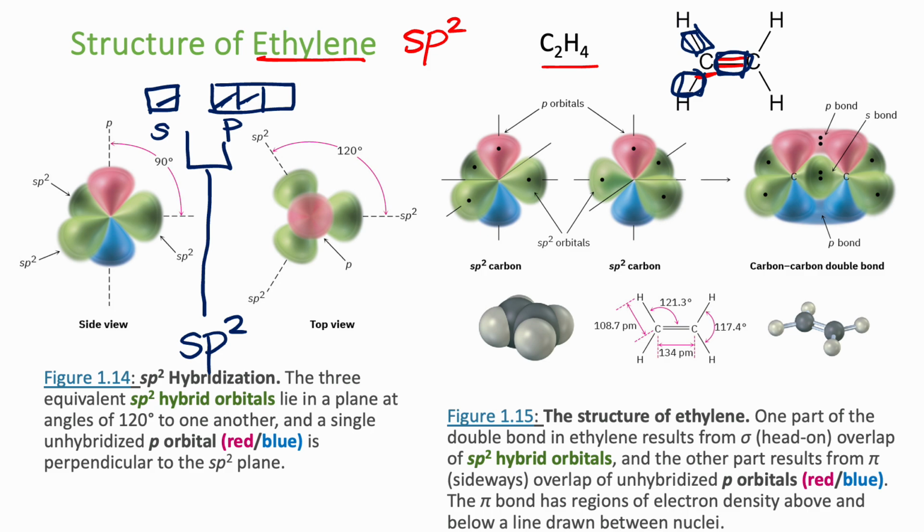Now, these angles are different, right? They're not the same as the sp3. If we're looking at one of these 2 central carbons, we have a 120 degree angle between these atoms. And let me erase some of this for clarity. So if we are looking at this carbon right here, this angle right here is 120, this one, this one. Those angles are 120